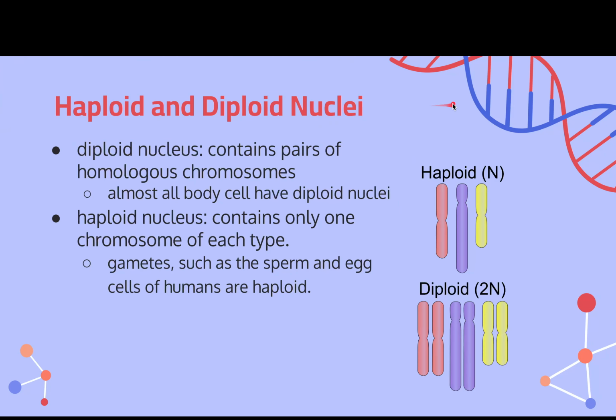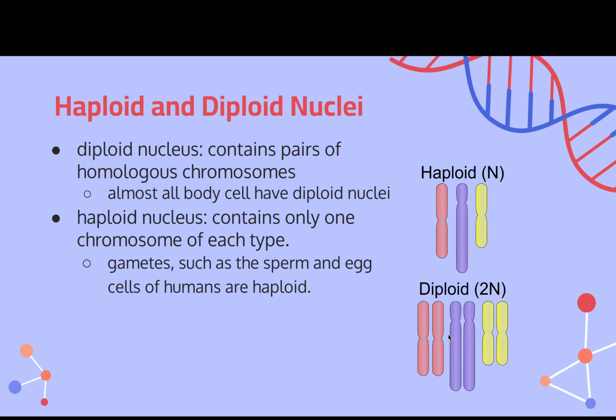Okay, now we're going to talk about haploid and diploid nuclei. These are often represented by n and 2n, which will be useful in a lot of situations. A diploid nucleus is when the nucleus contains pairs of homologous chromosomes. Almost all body cells have diploid nuclei, and they will obviously be homologous chromosomes in pairs. That's why they're in most body cells, because that's how it